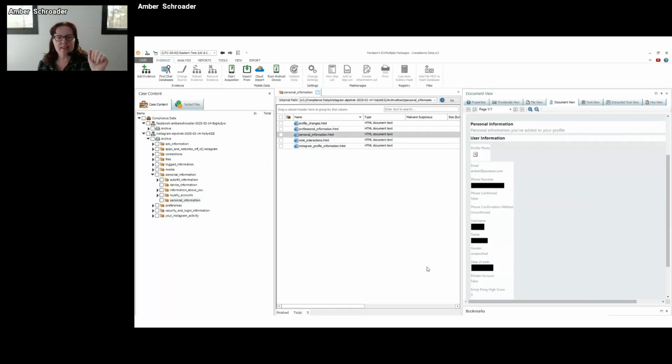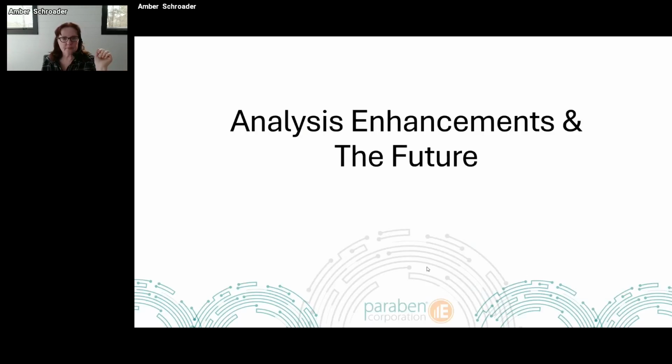The next one, of course, is I can then pull that account information I told you is valuable in there. Anything from phone numbers, usernames, all of those details that are in there, date of birth, all of that is something that I can pull very directly out of my compliance archive.